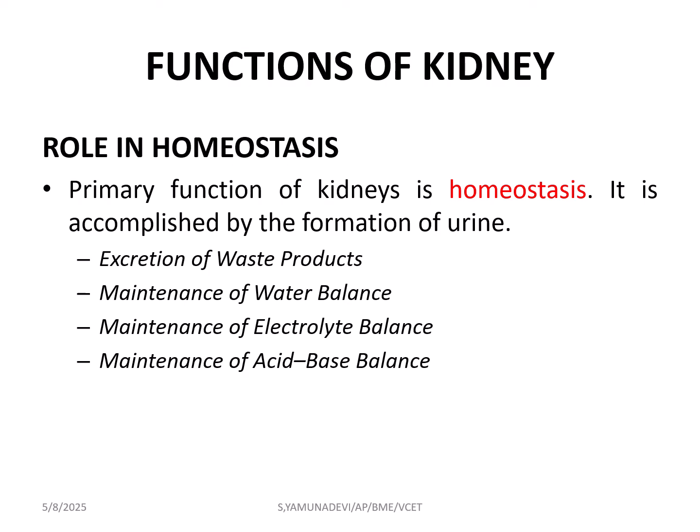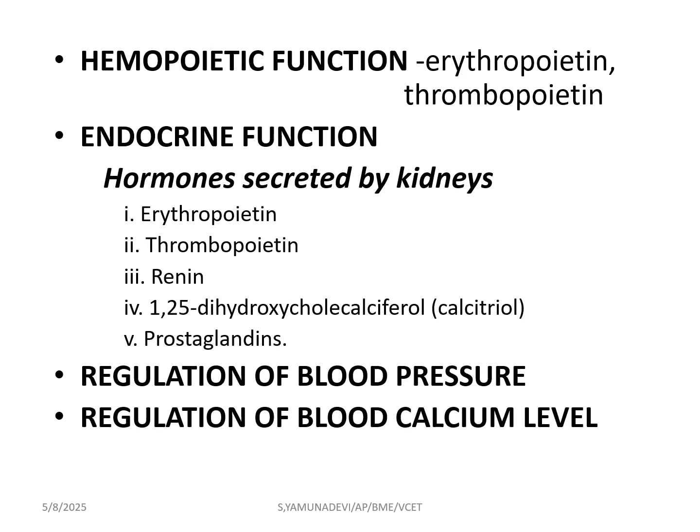The main role of the kidney is maintaining a homeostatic condition, that is, it is accompanied by the formation of urine. Urine is formed by excreting waste products and maintaining the water balance, and it also maintains electrolyte and acid-base balance. It also has a hemopoietic function, that is, erythropoietin and thrombopoietin are produced by the kidneys,